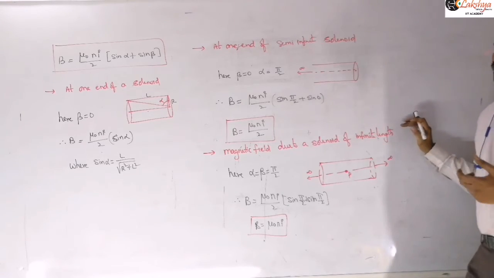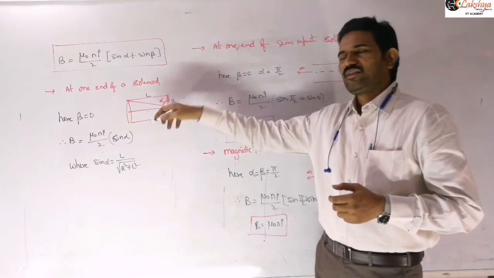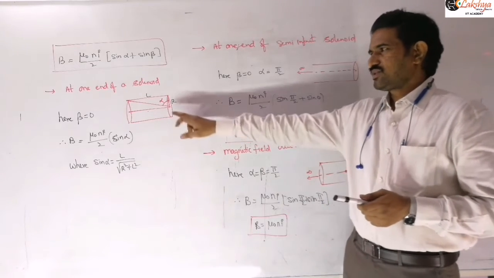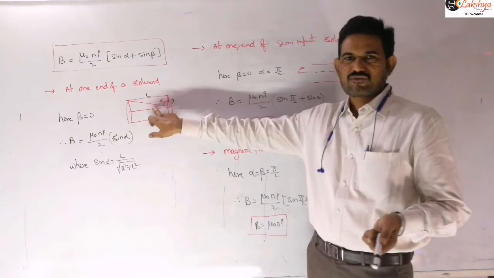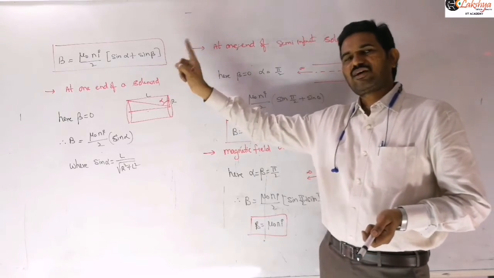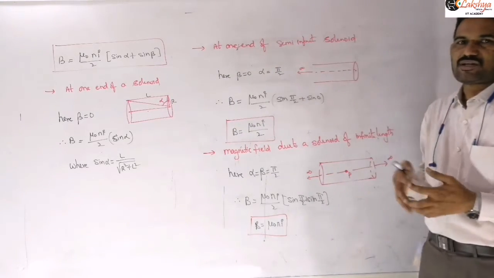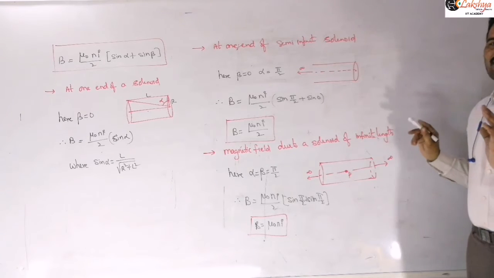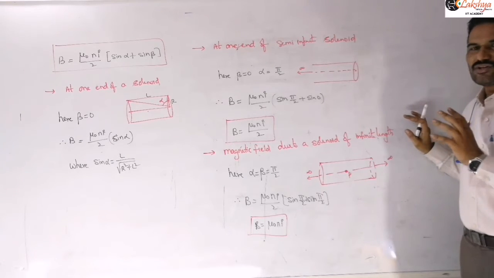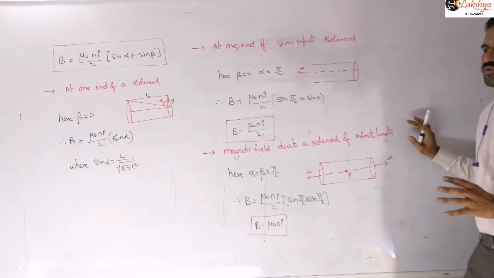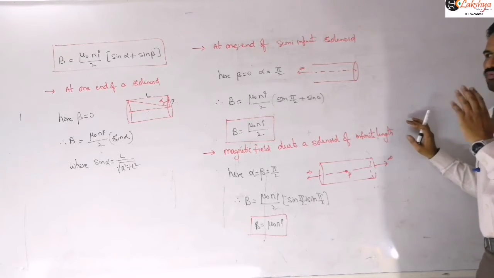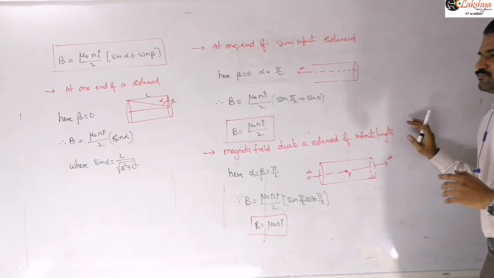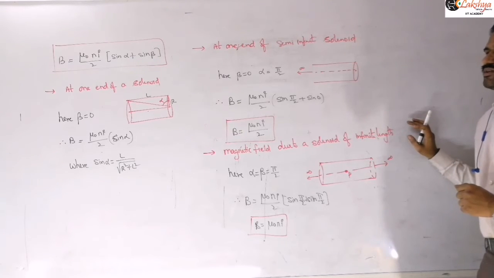If you take alpha measured here, for example, then you may get it in terms of the cos function. In our derivation, or in different books, if you take this as alpha, then instead of sin alpha you need to write sin of 90 minus alpha, and automatically you will get it in terms of the cos function. So don't get confused about sin or cos. Both are the same expressions, but you need to define the angles correspondingly, whether you define the angle with the vertical or with the axis. So don't get confused by the expression appearing in different ways in different books.